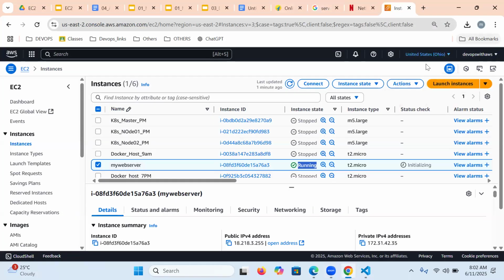Based on usage, we're going to pay, but whatever uses T2 Micro is free of cost, up to 750 hours per day. With the help of this T2 Micro, we are going to practice our DevOps in AWS and Azure. Not only T2, the same thing exists in Azure, with different naming conventions, but I will teach you those things also. And once it is used, if you don't want it, we can turn it off also.